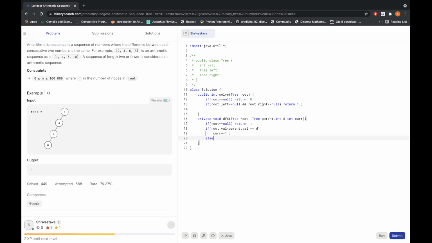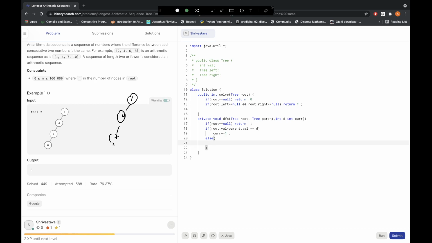Else, if it is not equal, then we'll have to leave that path and start a fresh path from here, and the fresh path length will be equal to 2. Why will it be equal to 2? Because let's say we have something like 1, 4, 7, and then we have 12.